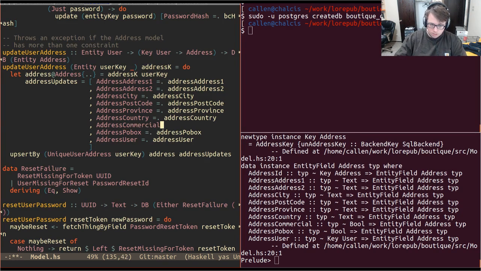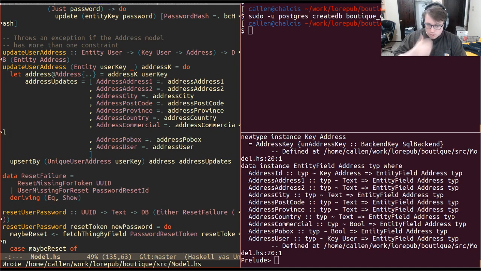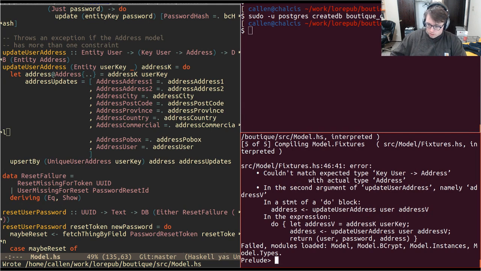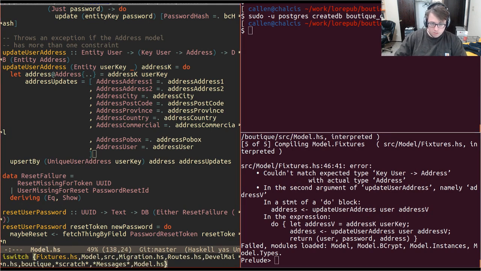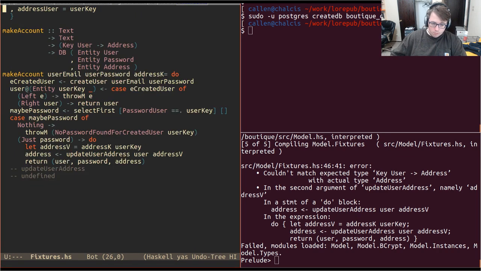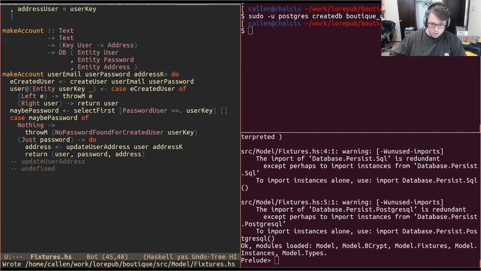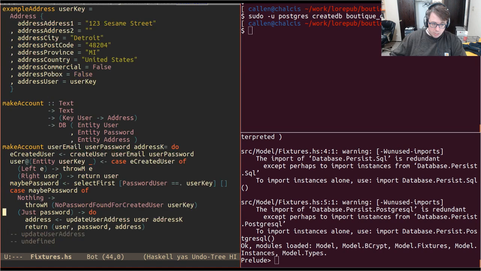Address commercial, address commercial. All hail strict fields. Alright, type error, keys are the address. Oh, I see. I'm not supposed to partially apply it ahead of time. Whoops. I'm supposed to just pass it address K. Alright, there we go. Alright, so now we have make account